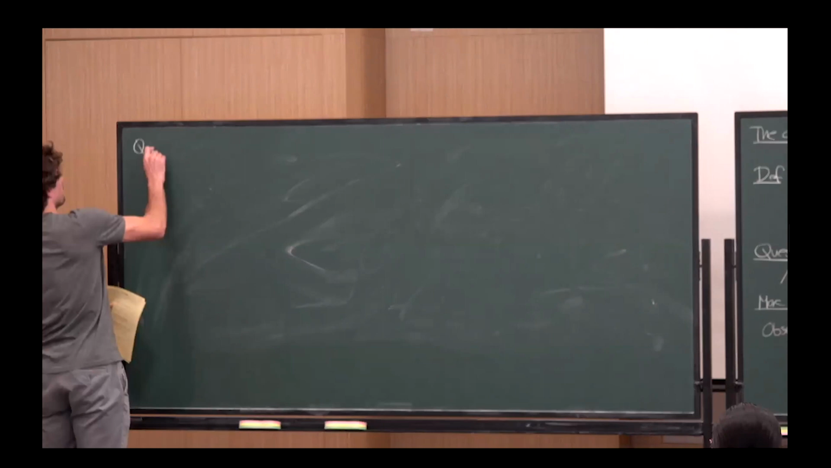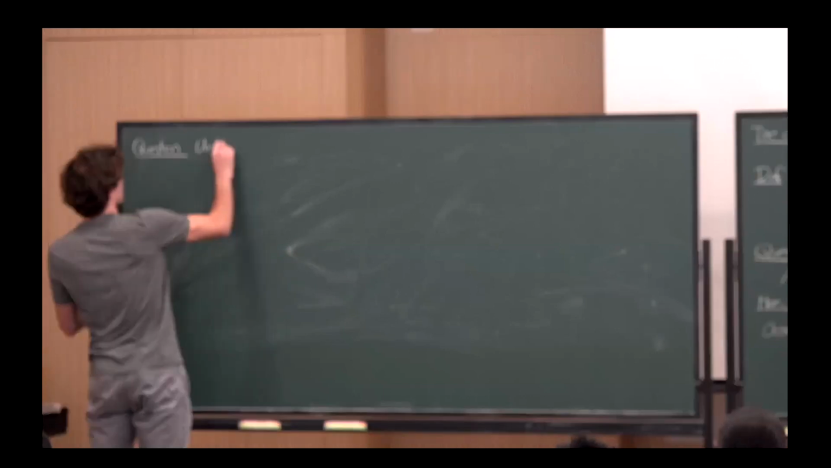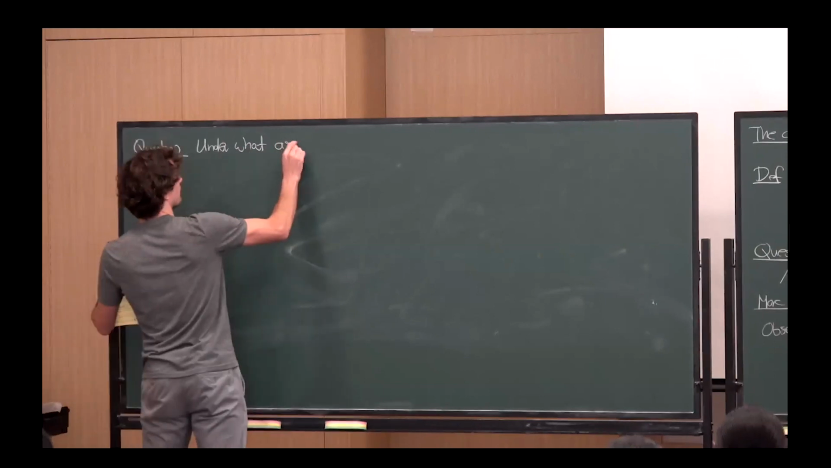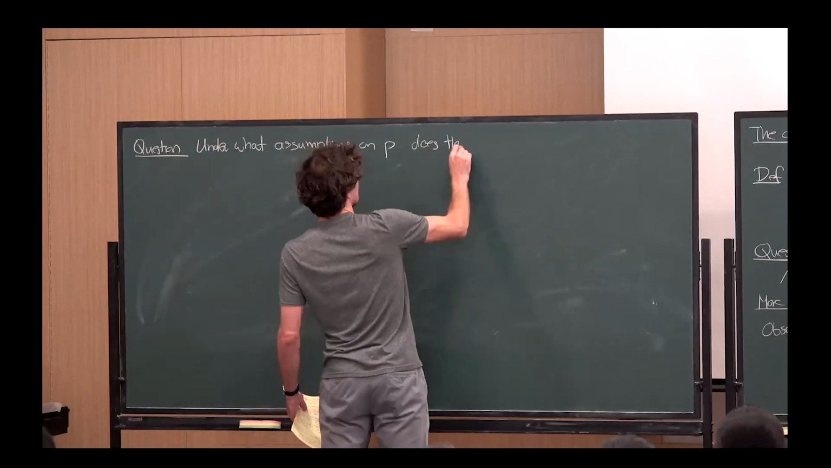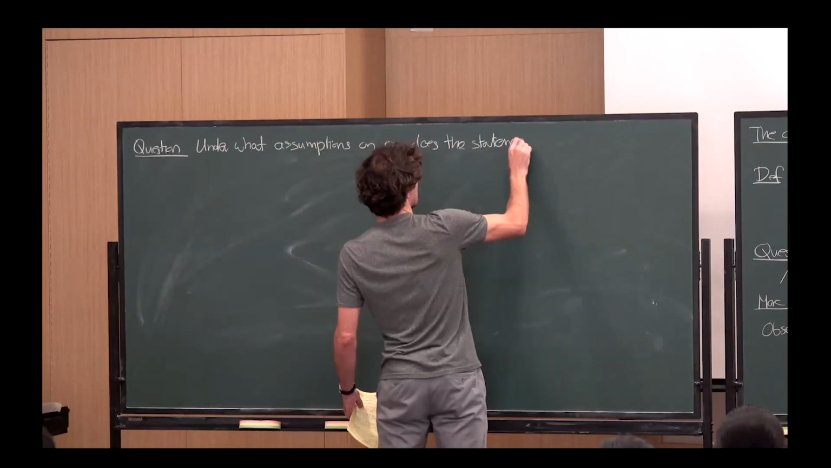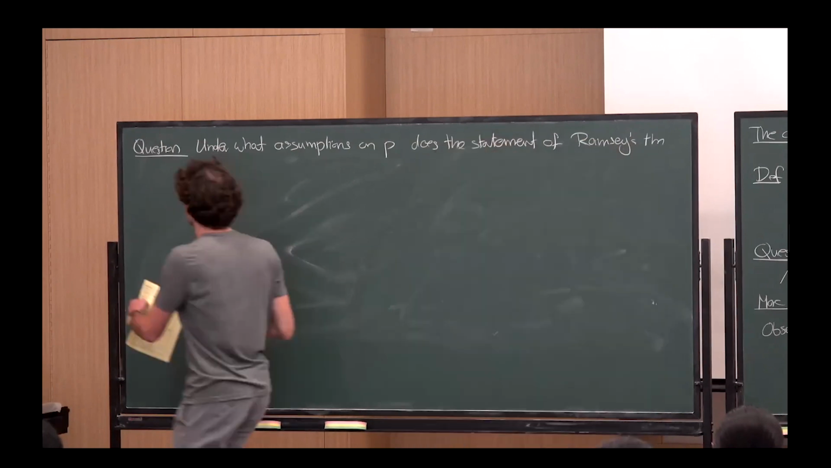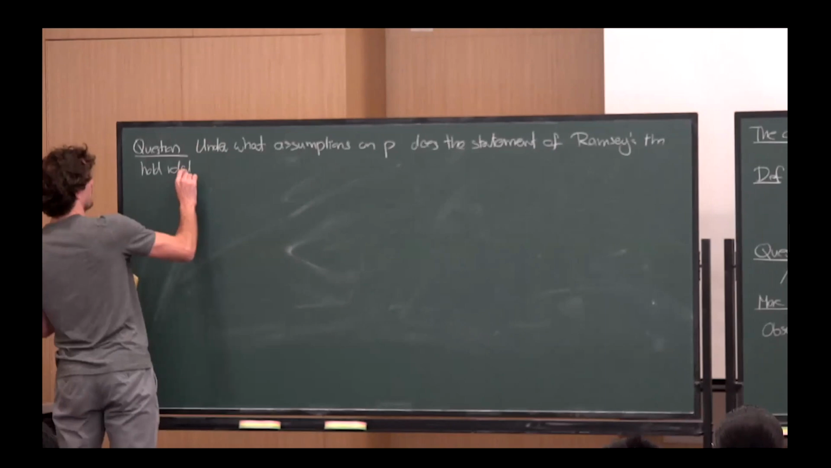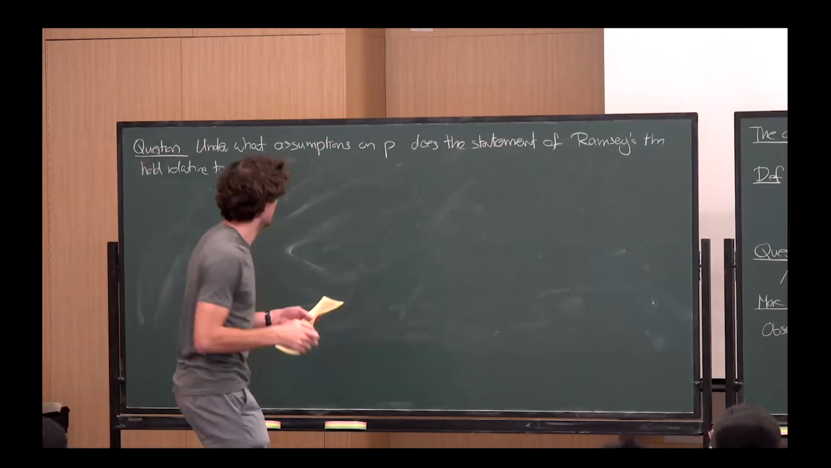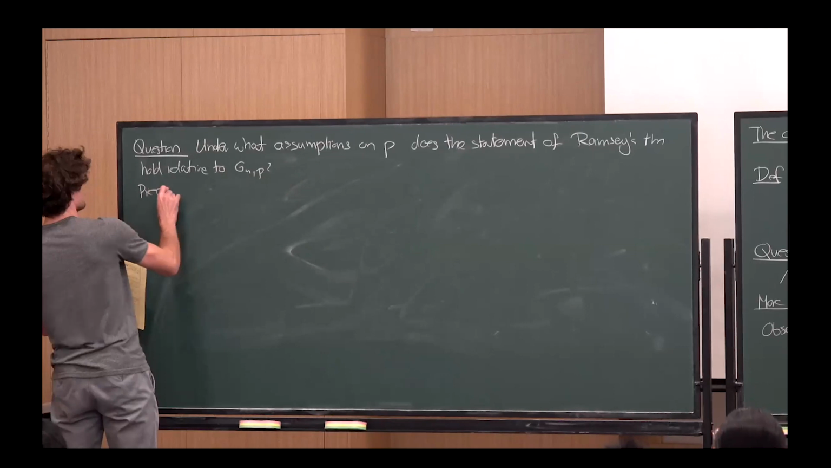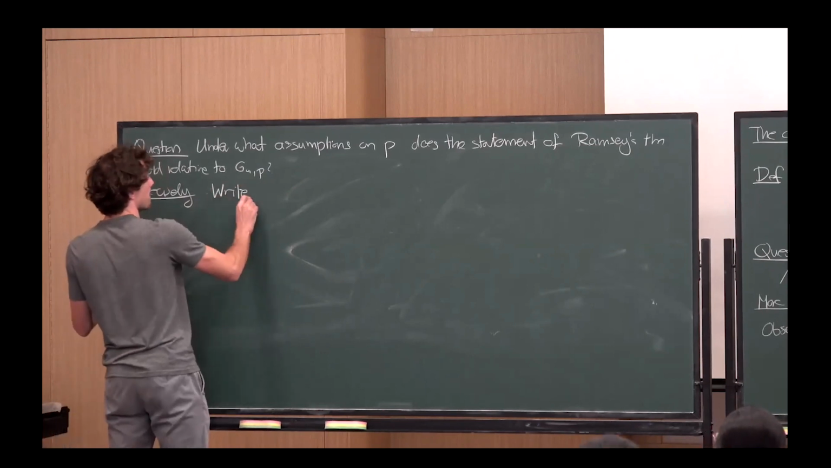So the second question will concern Ramsey's theorem, and the question is under what assumptions on P does the statement of Ramsey's theorem hold relative to G. And precisely, we ask, let us write G